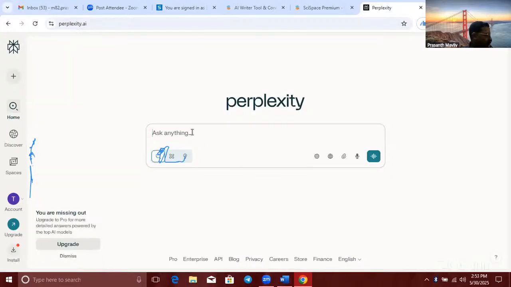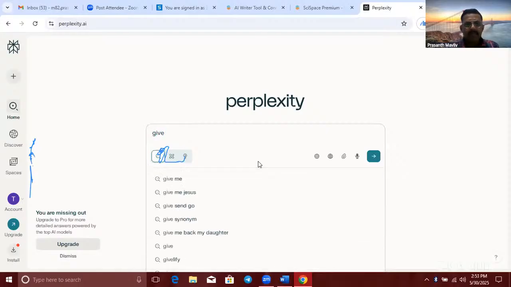Now, suppose from your university, you have to plan a study tour to Kashmir. For that purpose also, you can use this. In that case, you have to make it from web, and you're planning a study tour for your institution, that is the College of Veterinary and Animal Science, to Kashmir. So you have to create that prompt.